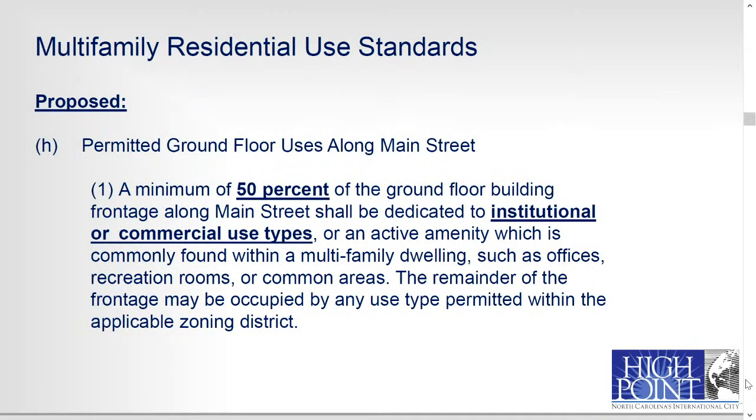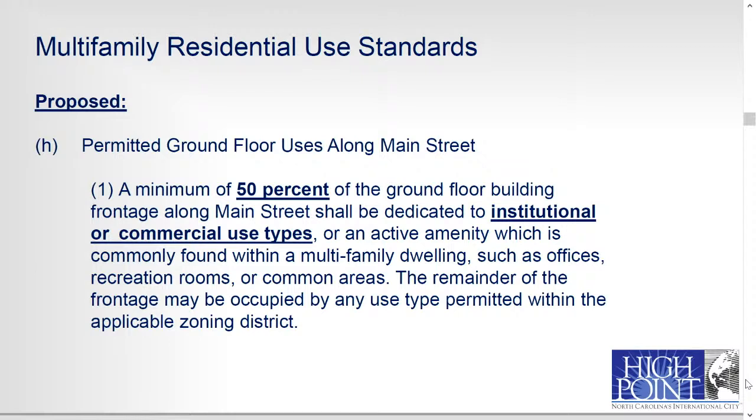One that has come up is a proposed standard that would require some active uses along Main Street. So if a proposed multifamily building were to go in on Main Street, there would be a standard that on the ground floor, a certain portion of that would have to be some sort of active use, not necessarily front doors of units. So staff took a look at neighboring jurisdictions, and practices around the country. What does the American Planning Association or the Congress for the New Urbanism, what's some of the research that they've done? We tried to come up with, I don't want to say an in-between, but something that we think would be able to be applied here. And so this would be a new use standard, letter H, that would require at least